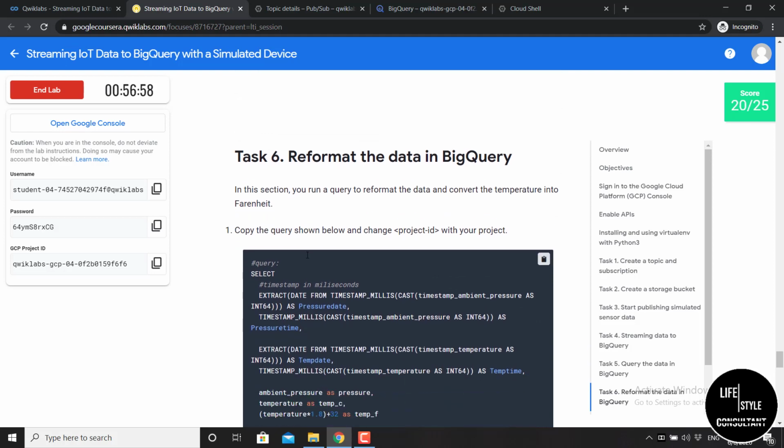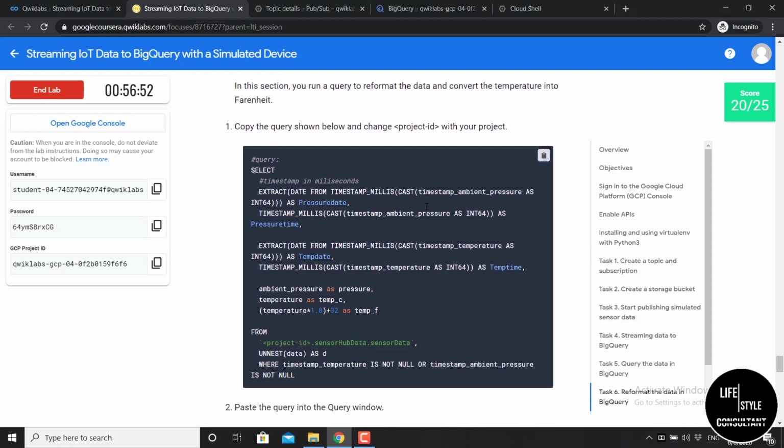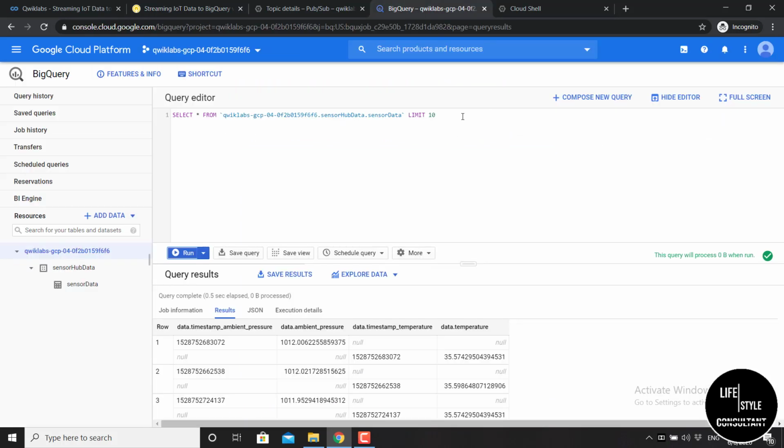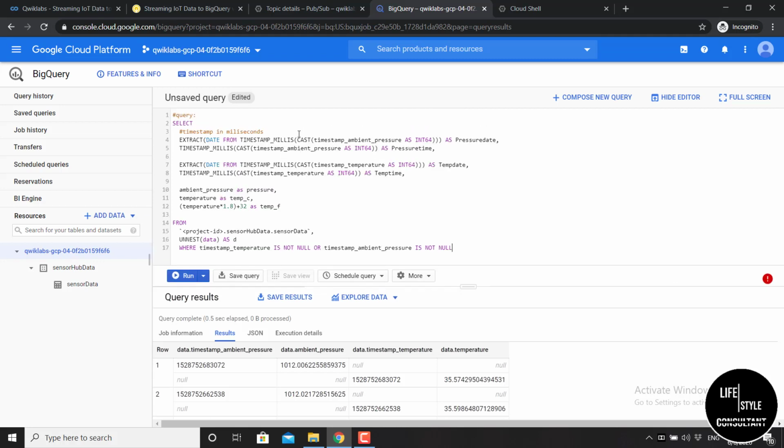Now you have to reformat the data in BigQuery. So copy this code again, go to this tab again, clear this at first and then paste the code. Now you need to replace project ID with your project ID. So here you can see project ID.